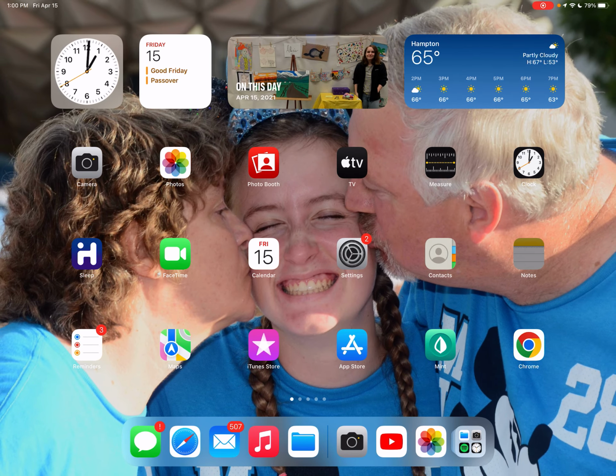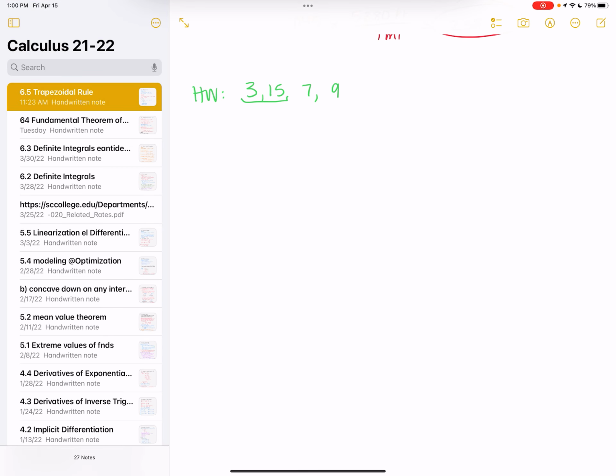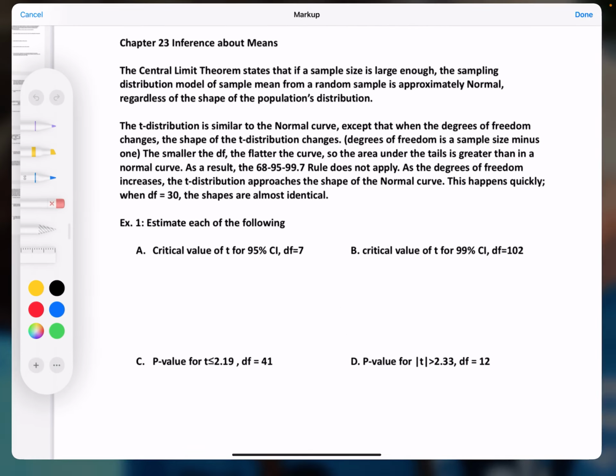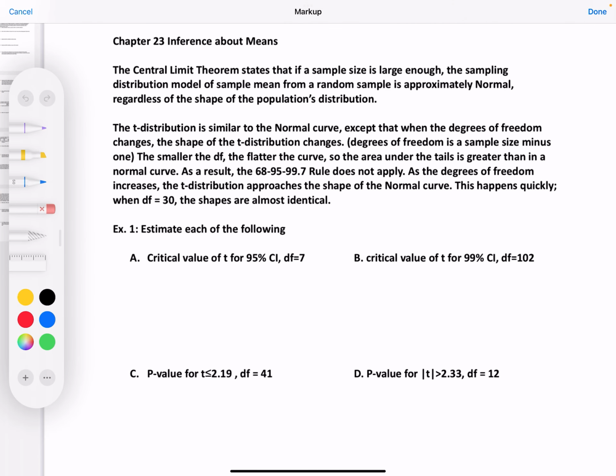2.365. That's just the answer. So we write it as t star is approximately equal to